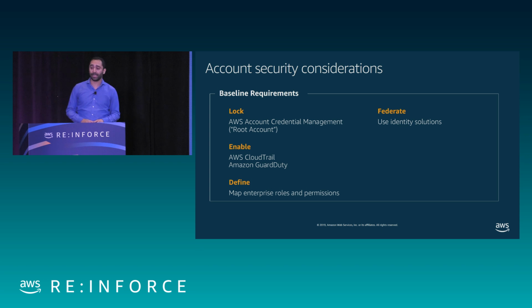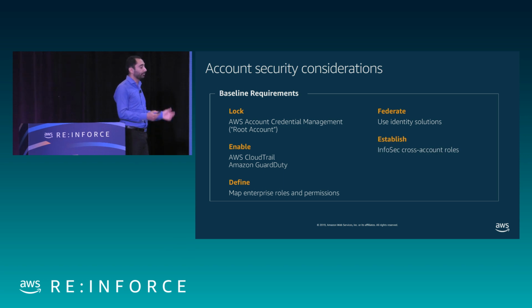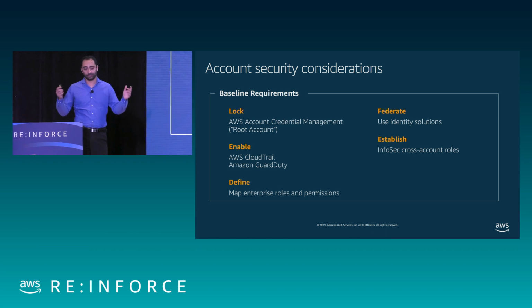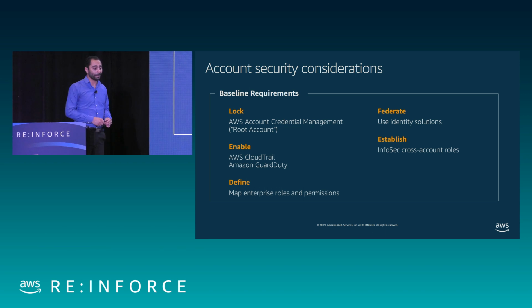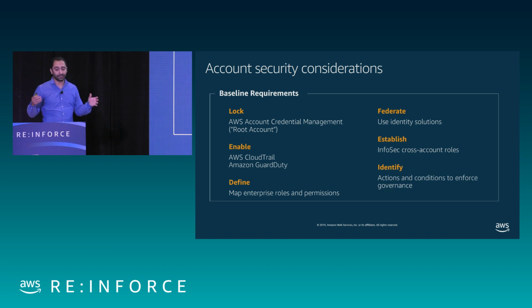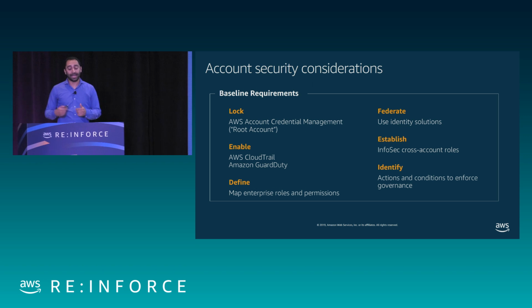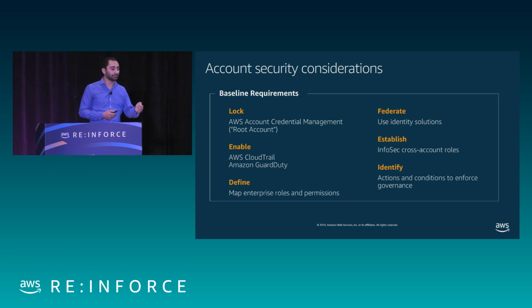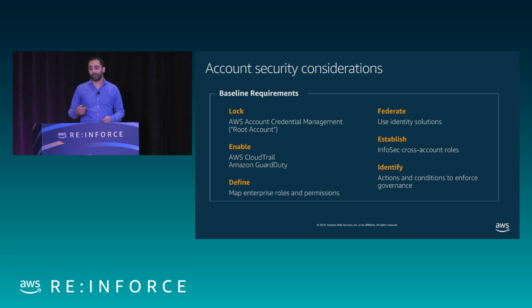We want to federate our accounts, so as people come in and leave, you have an existing process. So your existing directory, whether it's an Active Directory or, for those of you that hate Active Directory, LDAP, you have a way to authenticate and federate into the accounts that is from an identity provider. Think about the rules and things. Do I want all of my volumes to be encrypted? Do I want my S3 buckets to be encrypted? And how do I know if somebody does something wrong or they don't encrypt the bucket?